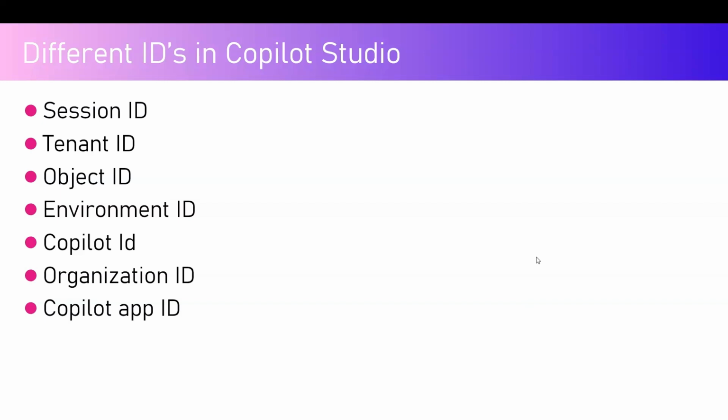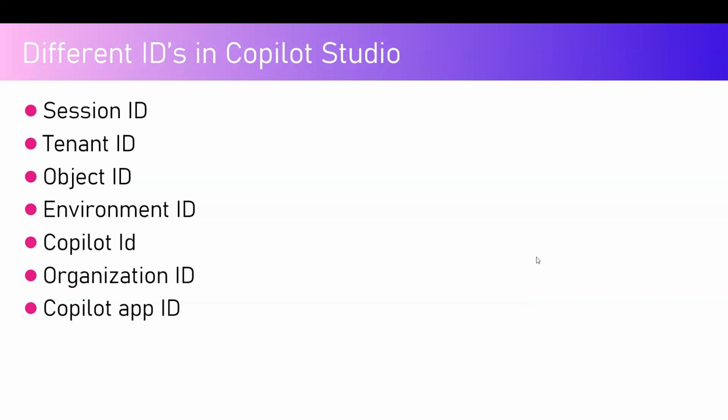Now, what are these IDs? These IDs are useful when you want to view your application, the solution boundary. If you want to understand where this application is hosted from an environment perspective or from a tenant perspective, and what is the current session through which this application is currently running. This identifier will help you when you want to integrate your Copilot Studio with some other applications, or maybe if you want to extend your Copilot into some different systems, or if you want to provide some extensibility to